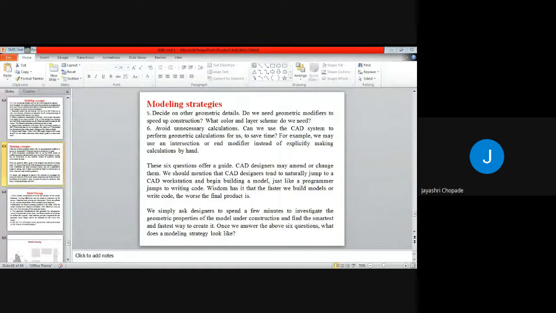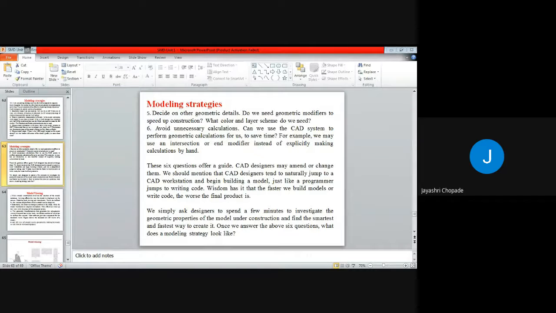Avoid unnecessary calculations. Can we use a CAD system to perform geometric calculations for us to save time? For example, we may use an intersection or end modifier instead of explicitly making calculations by hand. That provision is also given. Instead of making all the calculations manually, we can take help from the software.